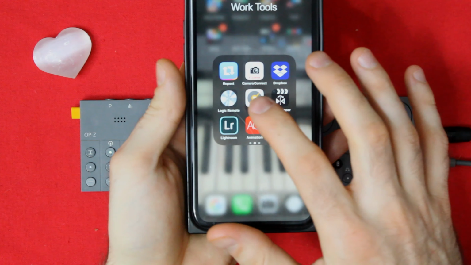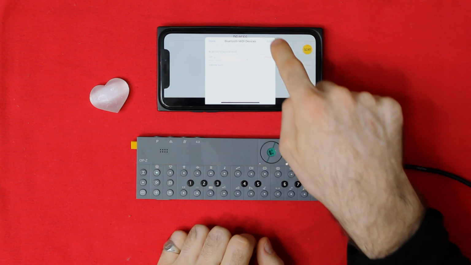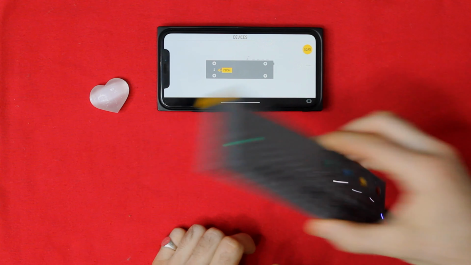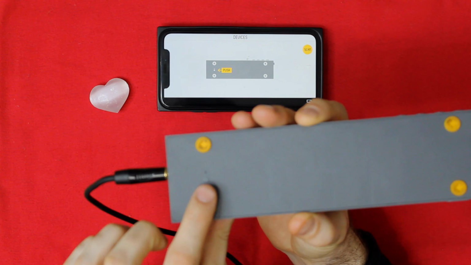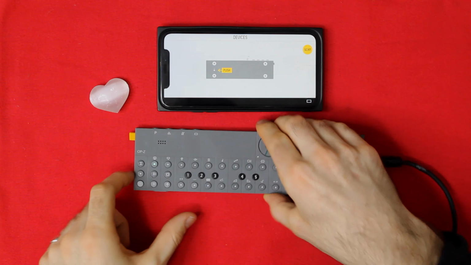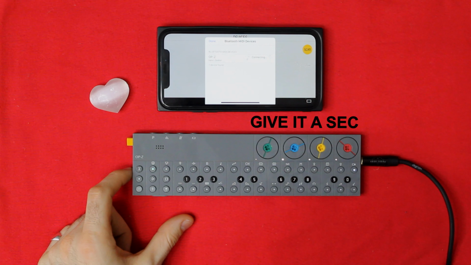So I've actually downloaded the OPZ app. It looks like this. So I'll click on that. Make sure your Bluetooth is turned on. You press scan. Notice that it's offline now, so you have to actually spin it over. And you notice that on the diagram, it tells you to push this button. So that's this button right here. So I'll push that, the blue light turns on, and now let's scan it. It's still unconnected, click on it,